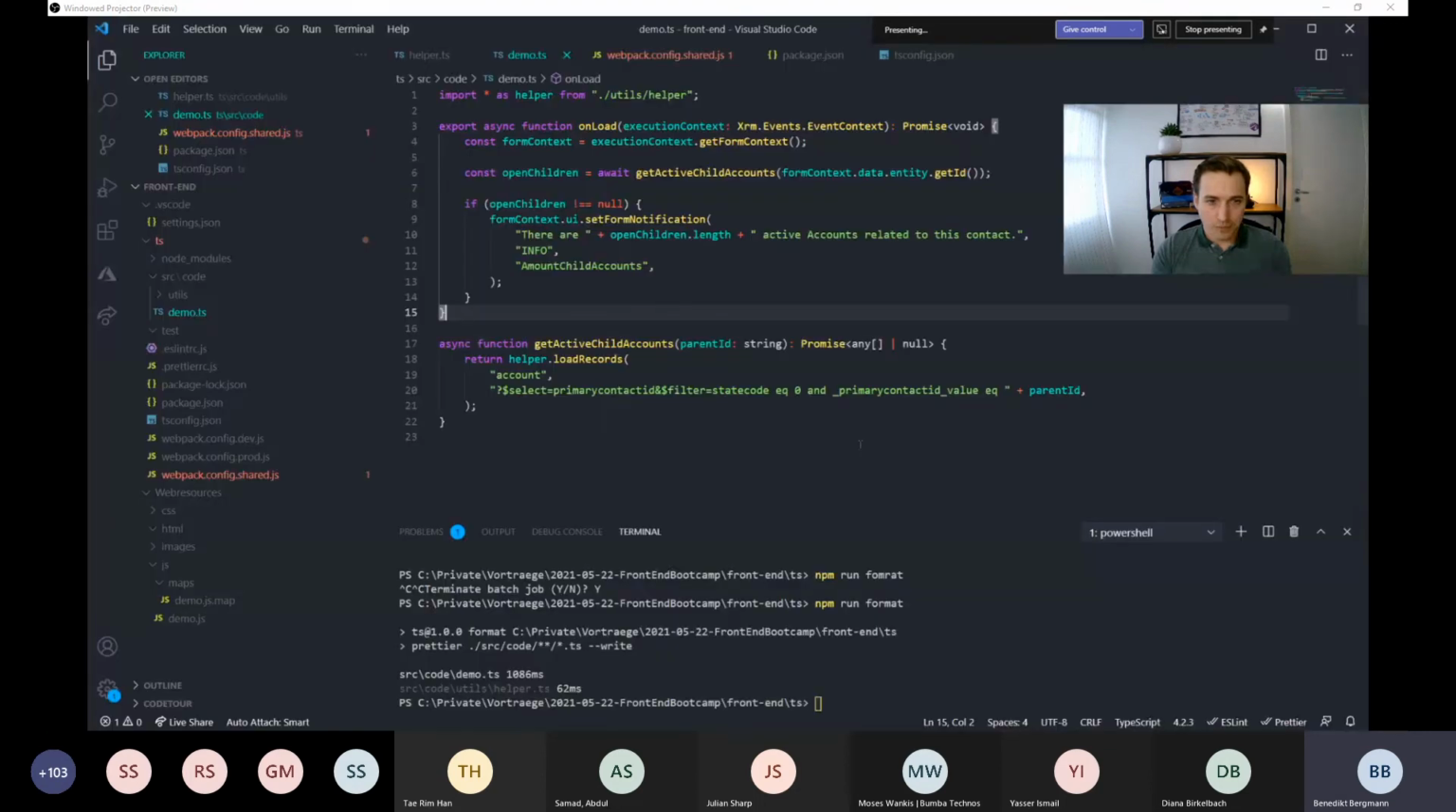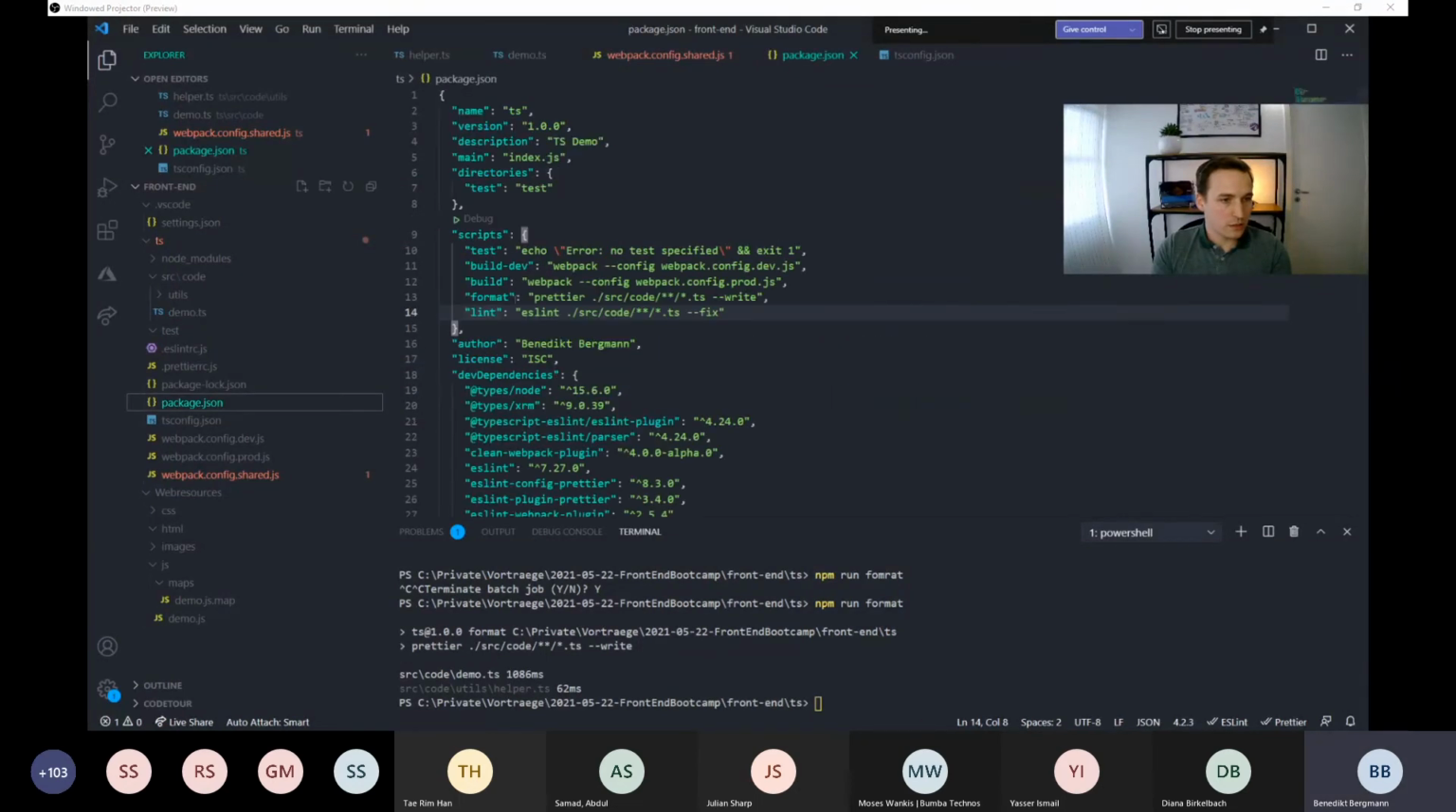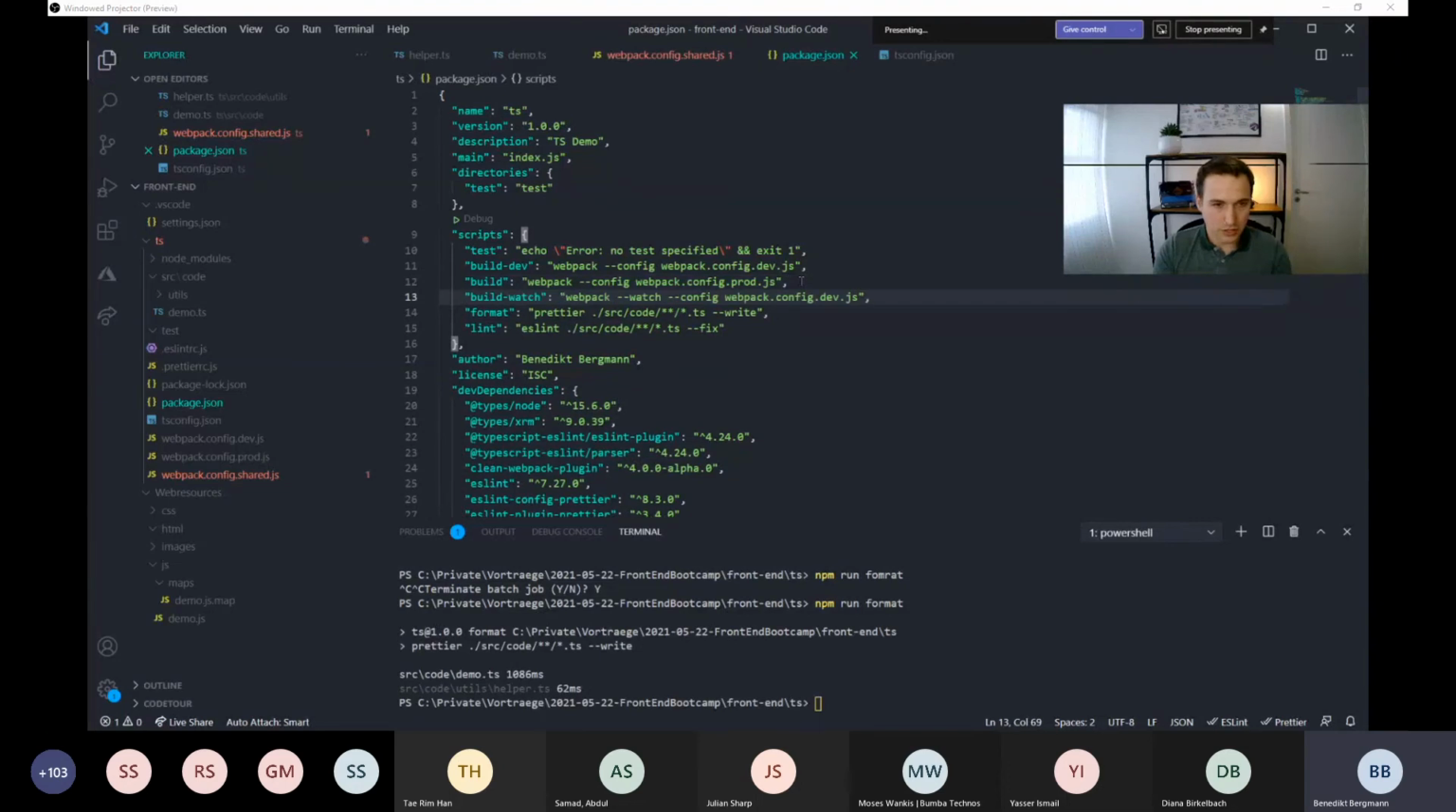Yeah, and to do so, we can also add a watch command, actually. Let's see if I have it somewhere. Yes, I have it here. So let's take a look at that. If we add this one here, I could run build watch now, npm run build watch,